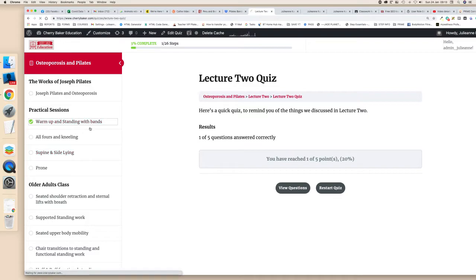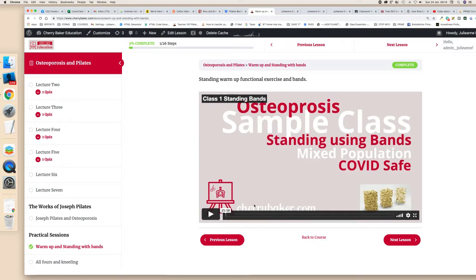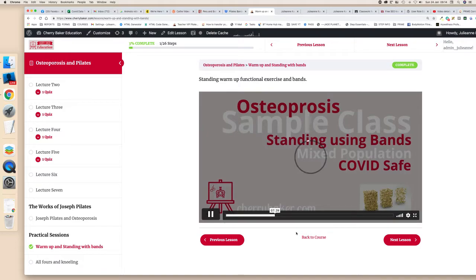So warm up and standing with bands is, and again, I'm just using navigation on the left here. There's a 25-minute session here, warming up, standing with bands. If we just click on play,